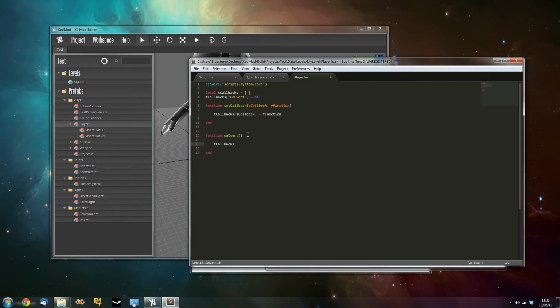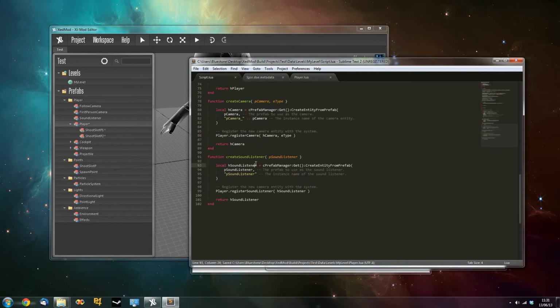So if we say two callbacks, and then it's on event, if it does not equal nil, then we're just going to call it with no parameters. So we save this script,